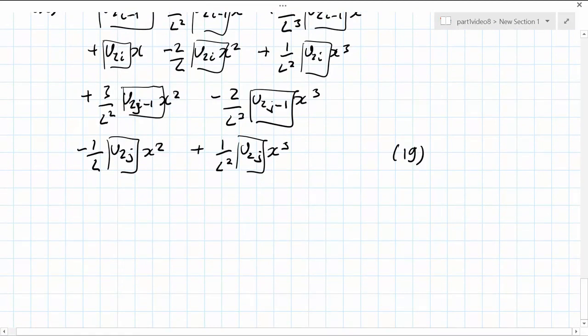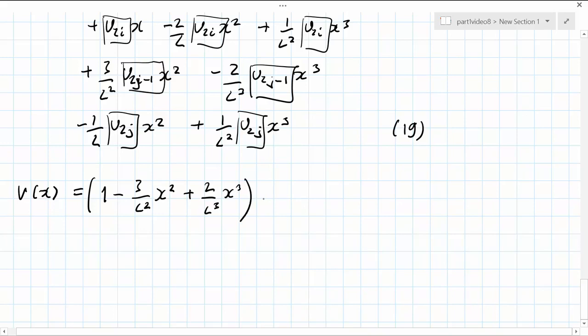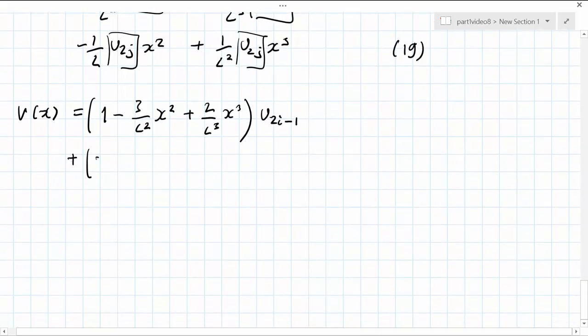We're now in a position to say that v of x is equal to 1 minus 3 over L squared times by x squared plus 2 over L cubed times by x cubed, all times by u2i minus 1, plus x minus 2 over L times by x squared plus 1 over L squared times by x cubed, all times by u2i,